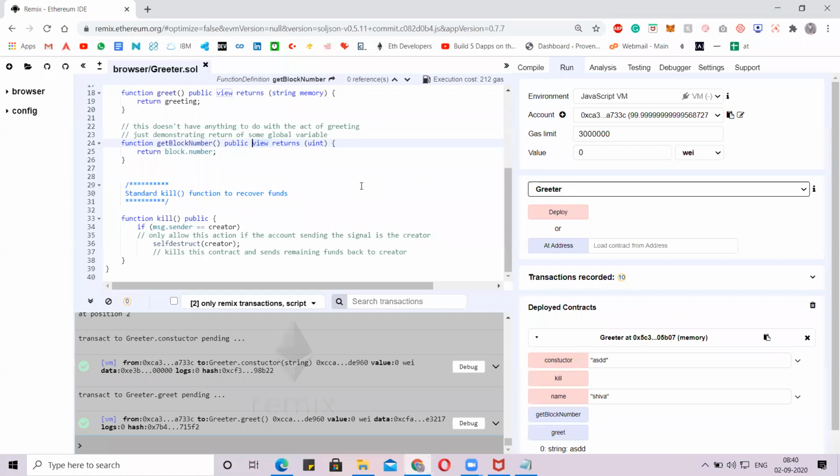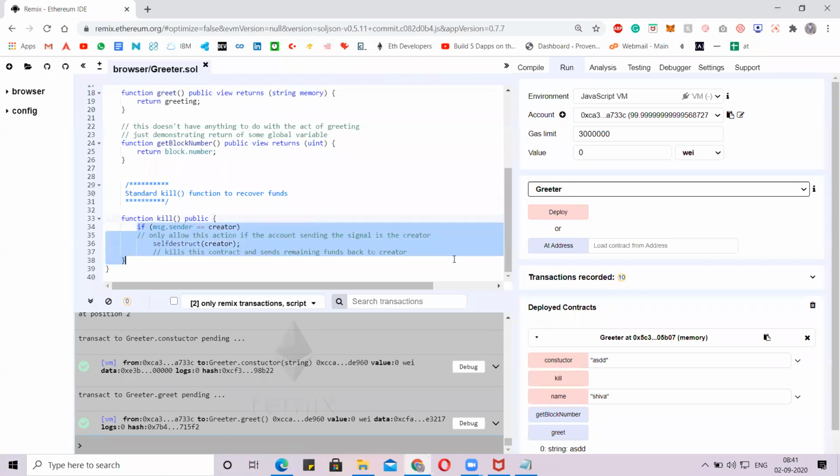And now we'll move on to how we can delete our contract. This is a standard killing function. It's predefined, there is nothing we are writing on our own.